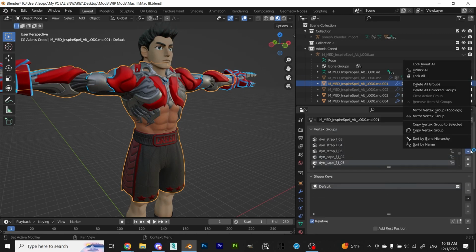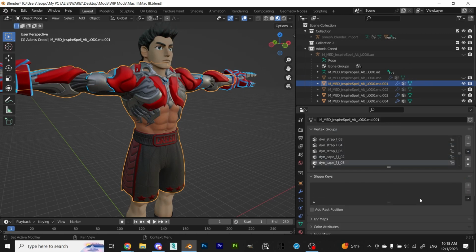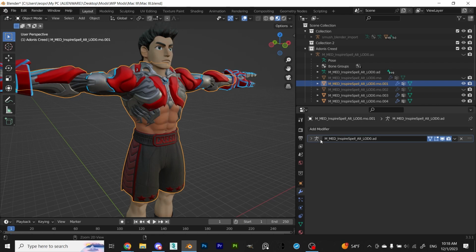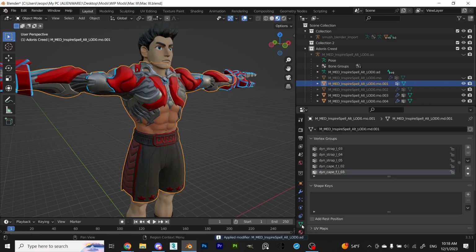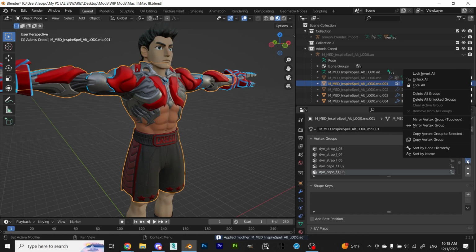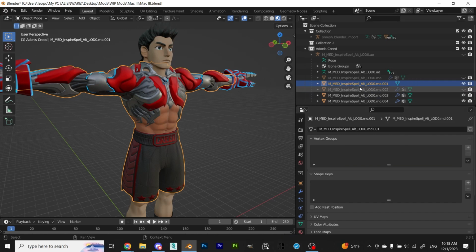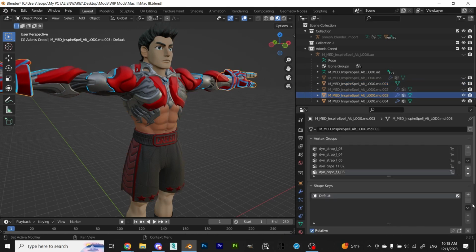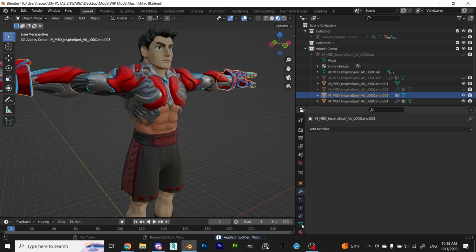Basically, what you want to do is get rid of any shape keys on the model because you don't really need them for anything in this case. Then apply the armature modifier and delete all vertex groups. Do this for all meshes that you want for your mod. For the mirror meshes, apply the armature modifier and then the mirror modifier.